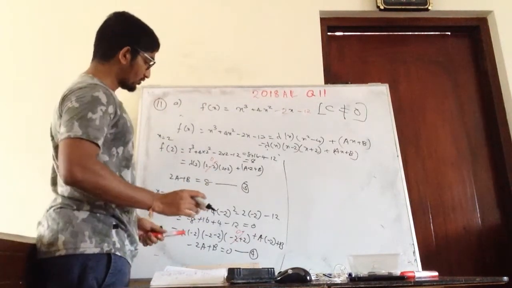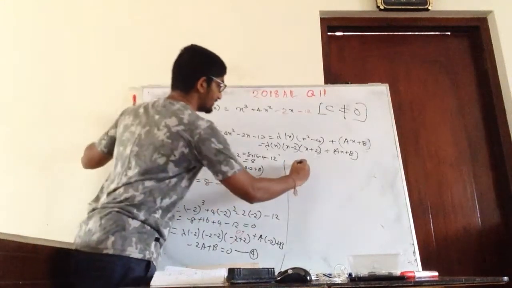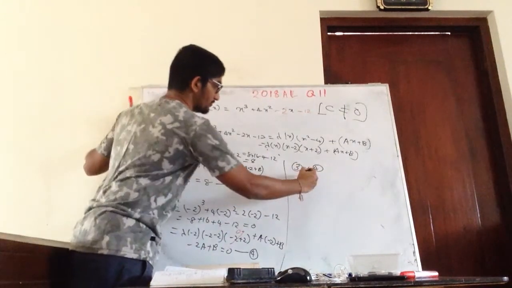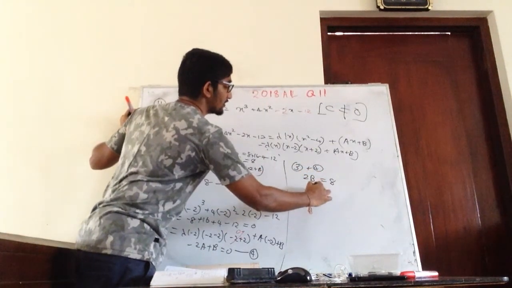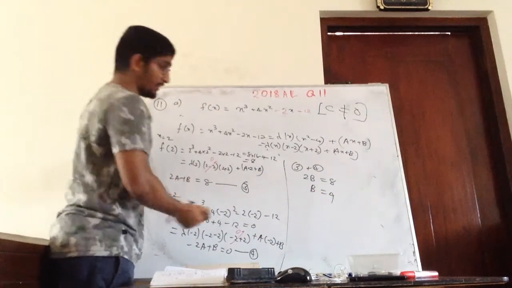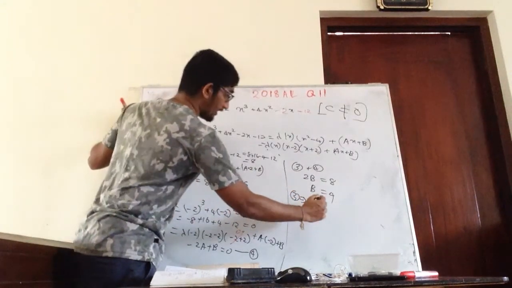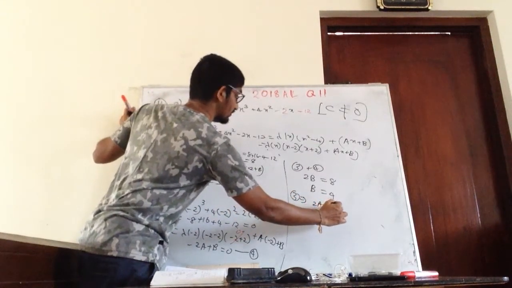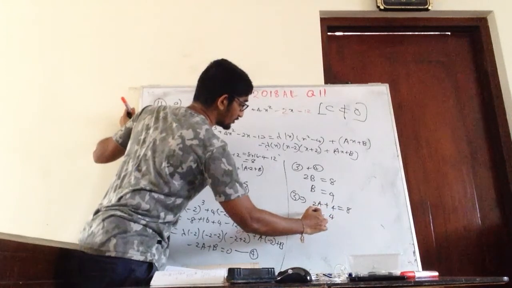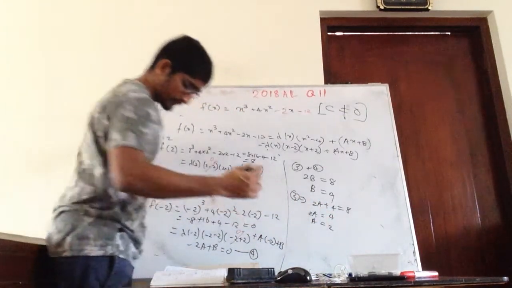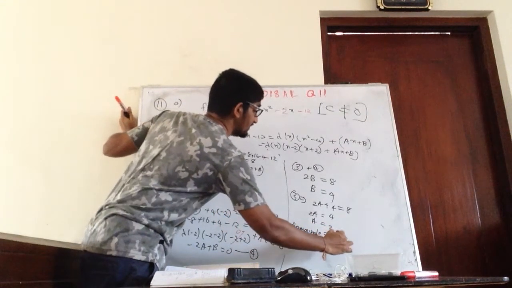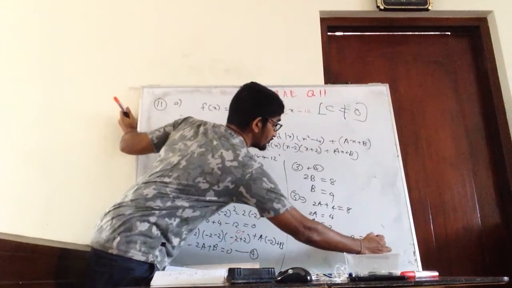Correct, no? So now I am just going to add these up, 3 plus 4. The 2a will be cancelled off, then I will get 2b equals 8. So b equals 4. Then I can get a, no? From 3, I will get 2a plus 4 is equal to 8. Then 2a will be 4, a will be 2. So the remainder is ax plus b. That means 2x plus 4.